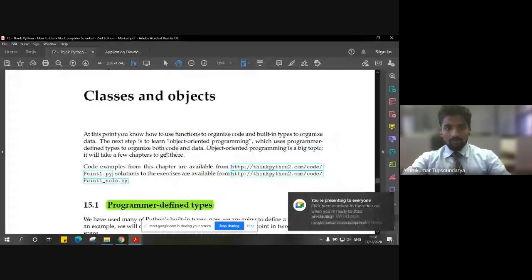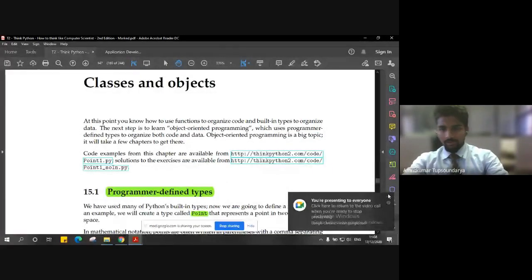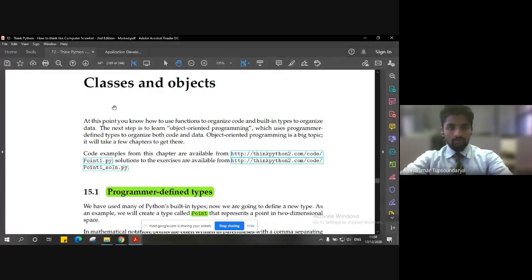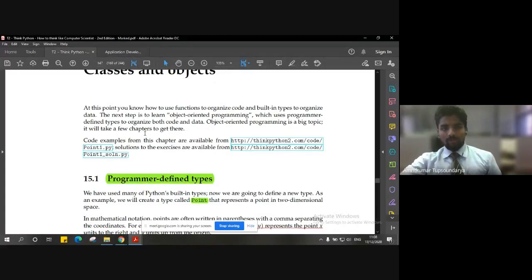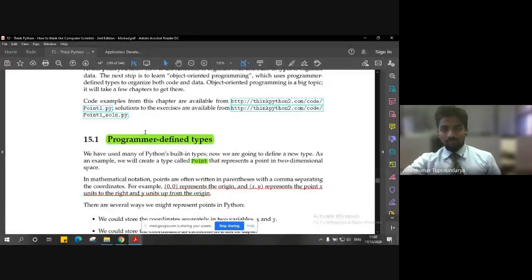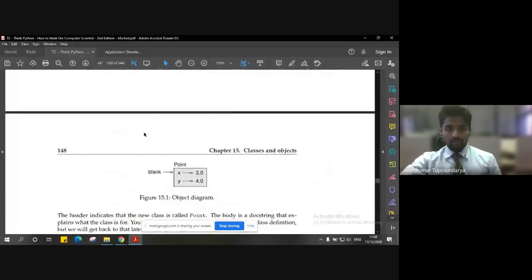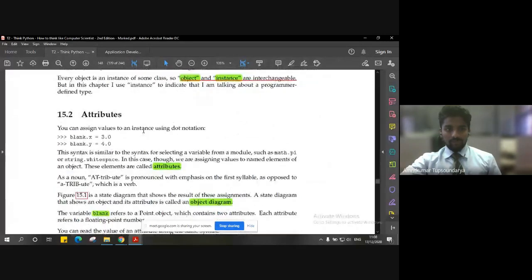So, in the previous class, we started off with module 4 and discussed a few concepts such as classes and objects. We saw the programmer-defined type, that is the point, and then went ahead to discuss the different attributes for that class object. What are the different attributes?